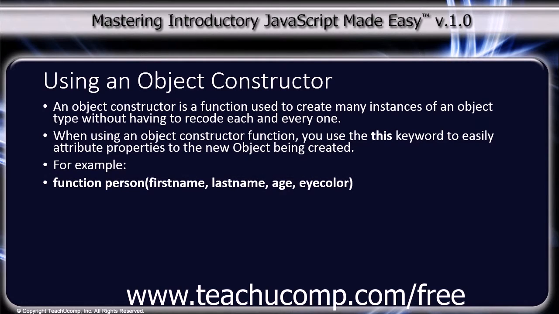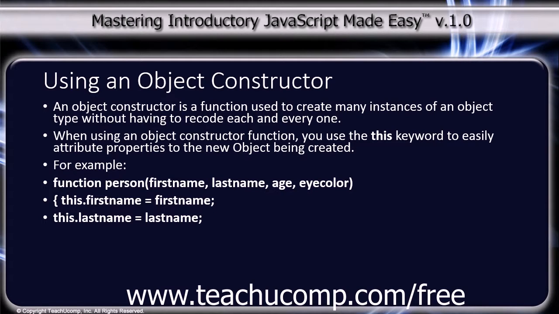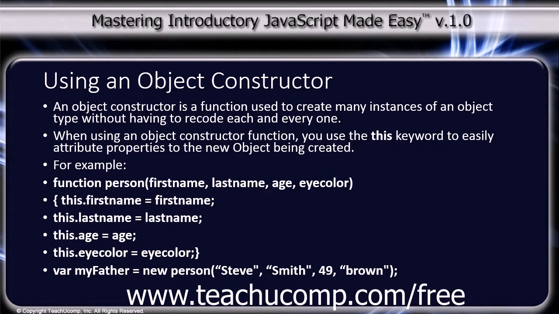For example, function person(firstName, lastName, age, eyeColor) { this.firstName = firstName; this.lastName = lastName; this.age = age; this.eyeColor = eyeColor; } var myFather = new person(